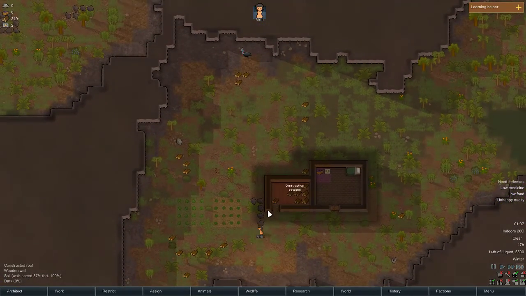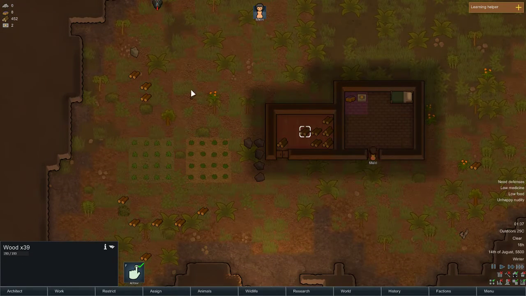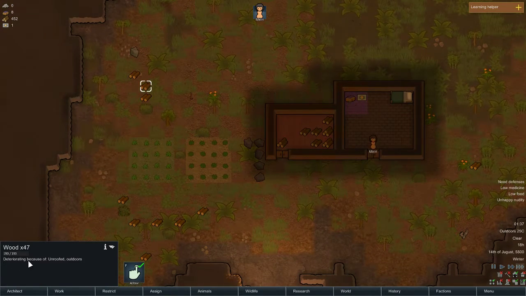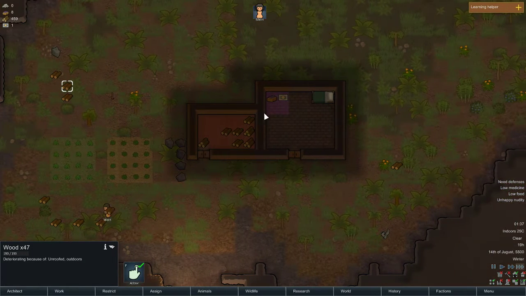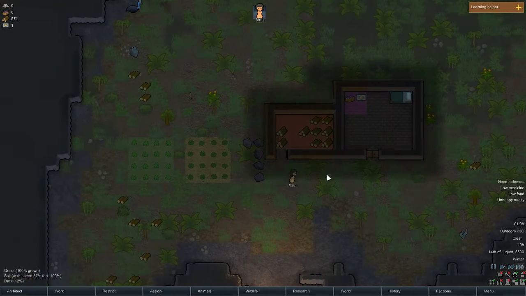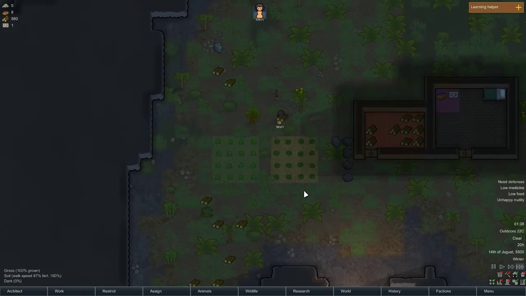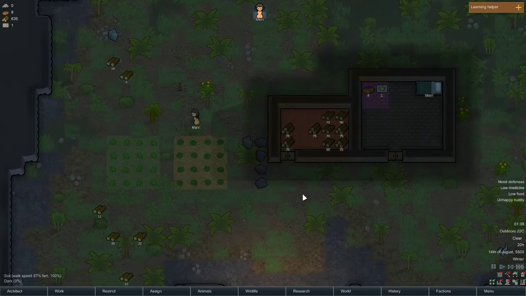And now she's going to put all of the wood inside, and as you can see, it's no longer decaying. If it's outside, it says deteriorating because it's outdoors and unroofed. So the roof actually helped. I remembered something like that. So as we can see, Mallory's stocking up some resources, putting some wood in the dry,